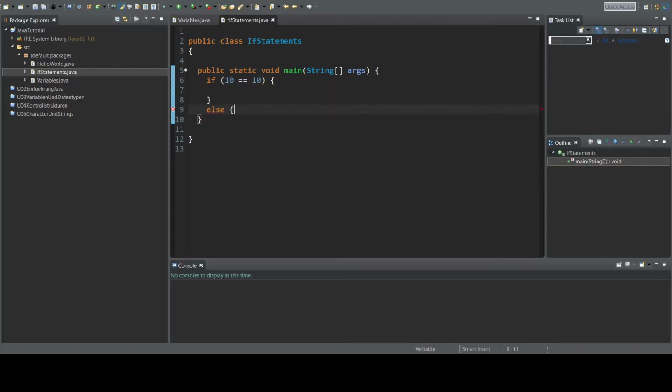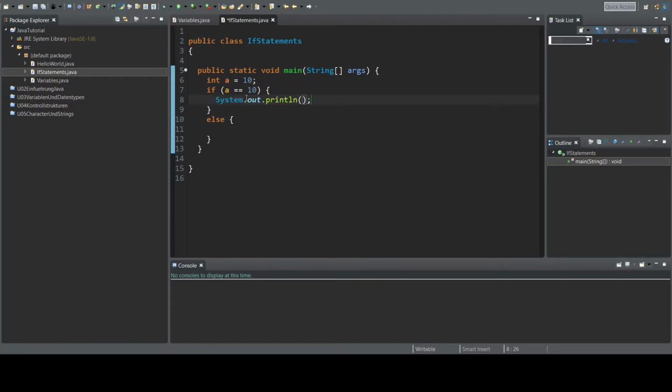Now if you want to compare something, to see if a variable equals 10, let's quickly make an int that is actually 10. You have to use the double equal signs. If a equals 10, we're going to write